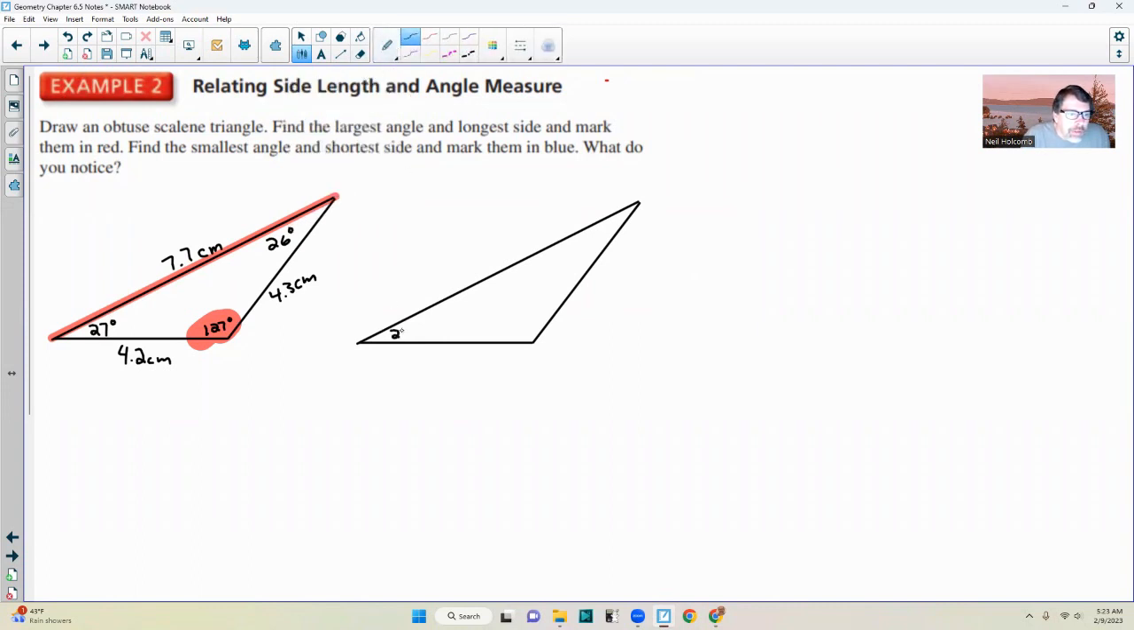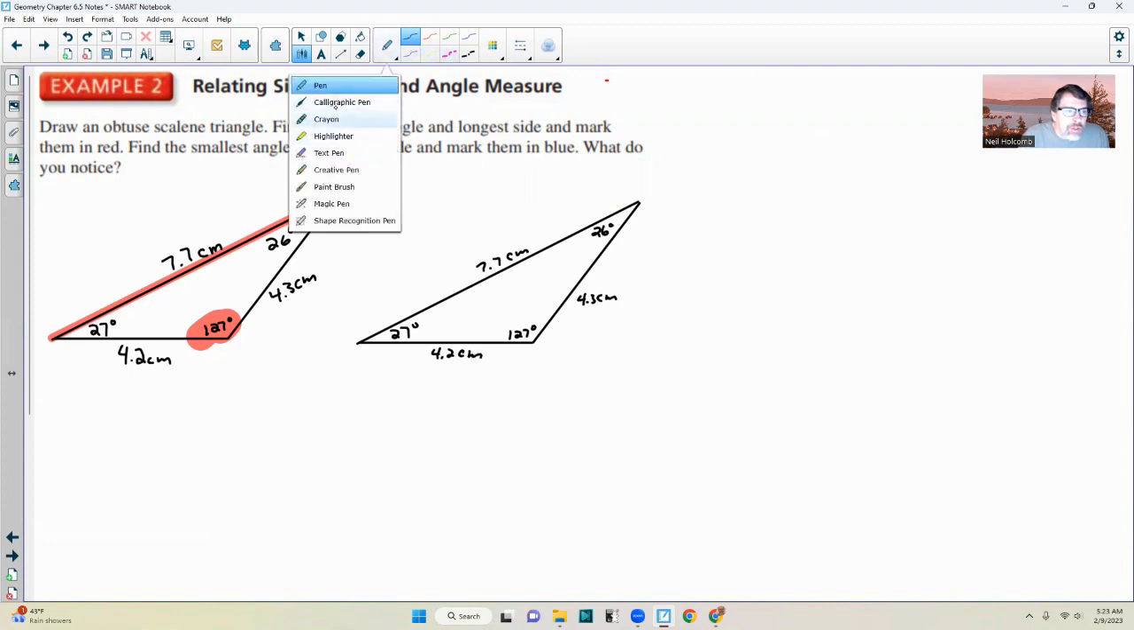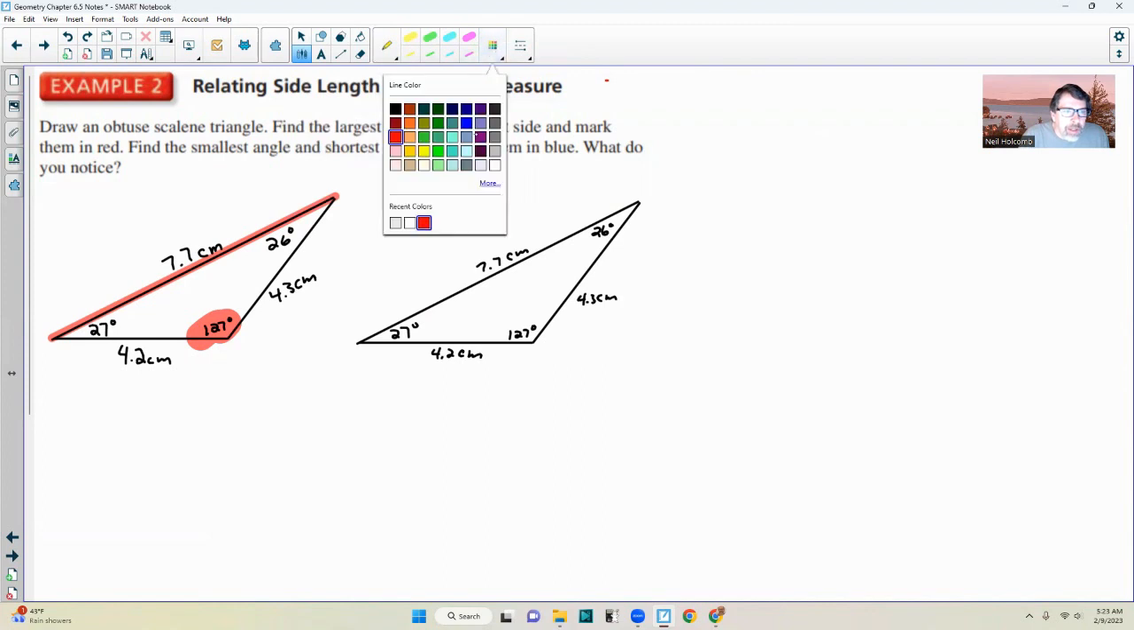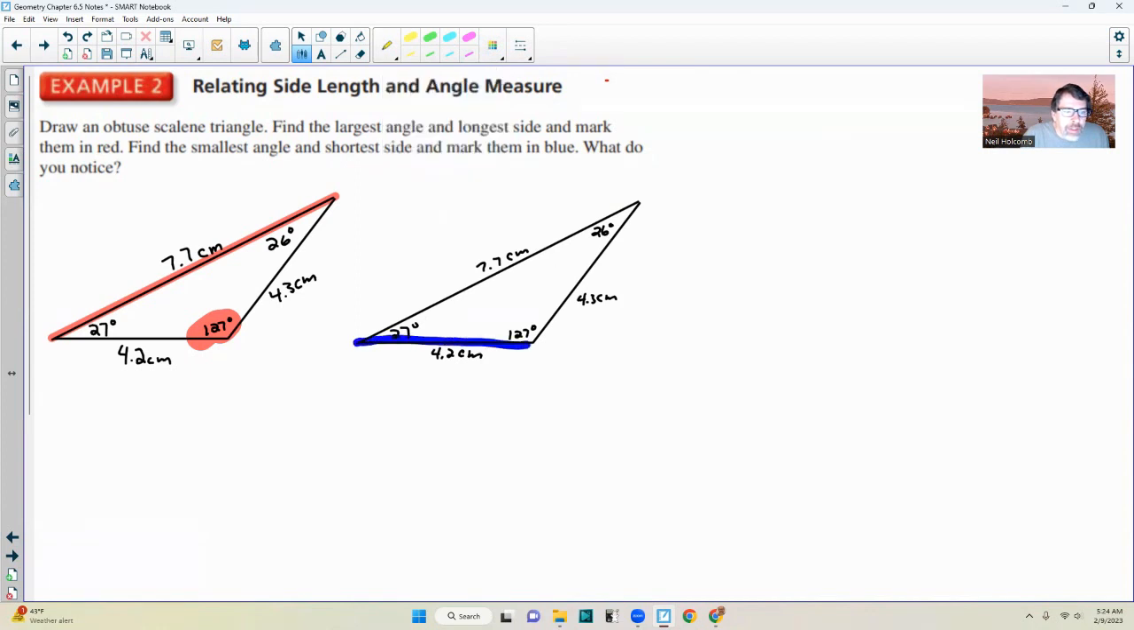What in the world? This is 27 degrees. This is 26 degrees because it's the same triangle. This is 127 degrees. This is 7.7 cm. This is 4.3 cm. And this one was 4.2 cm. Okay, and now we're going to mark the shortest side and the smallest angle. Okay, so 4.2 is less than 4.3 is less than 7.7. So it is right here. There's the shortest side and angle 26 right here